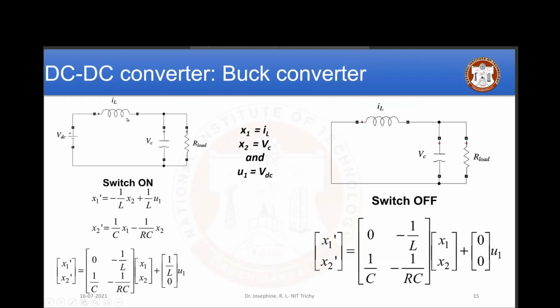If I can find these two, then it is easy for me to find any other one. I can find the input source voltage, load voltage, and load current, because these two are in parallel. Whatever VC of t is, the same will be V naught, and if you know V naught by R, then you can find the current through the load. So in this mode,